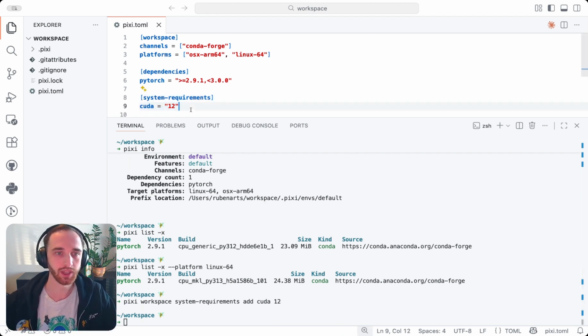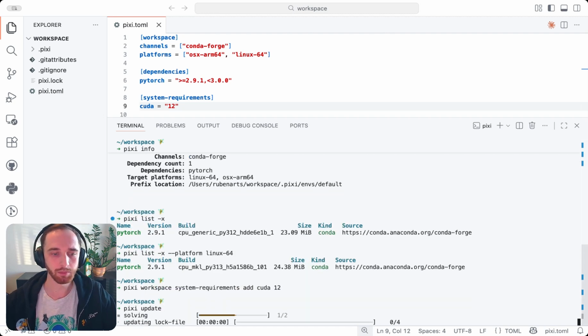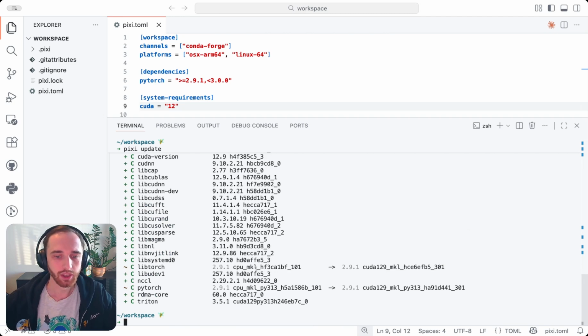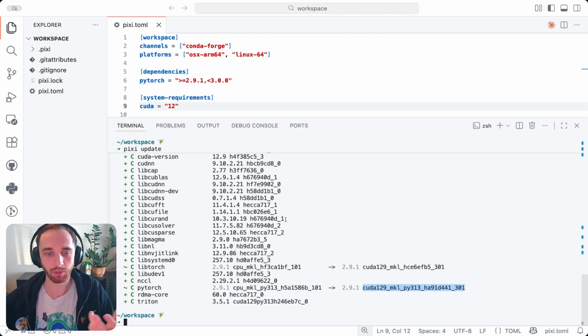So you'll see that you will get another definition of a system requirement. And if I now resolve with Pixi update, you'll see that some of the dependencies will be switched from having the CPU type of build to the CUDA type of build because Pixi now knows, hey, I also have CUDA available, and the packages from PyTorch are set up in such a way that if CUDA is available, that will